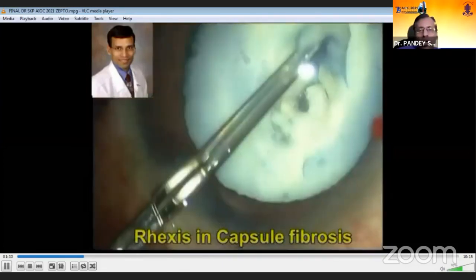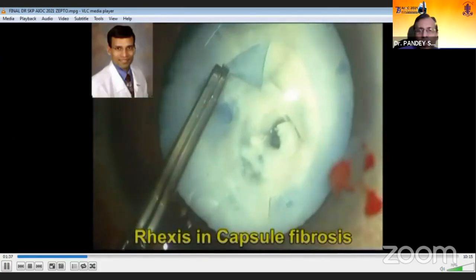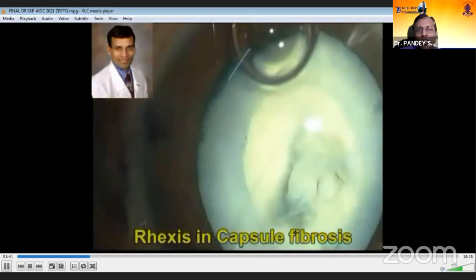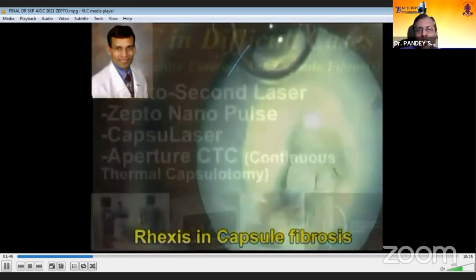In cases of anterior capsule fibrosis, one can use the Vanna scissors and the capsular axis forceps, which can help to achieve capsular axis in capsule fibrosis cases.